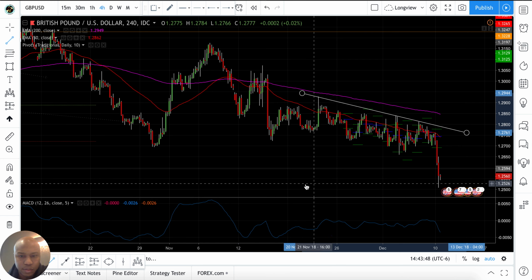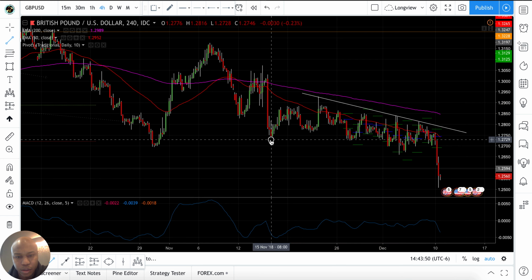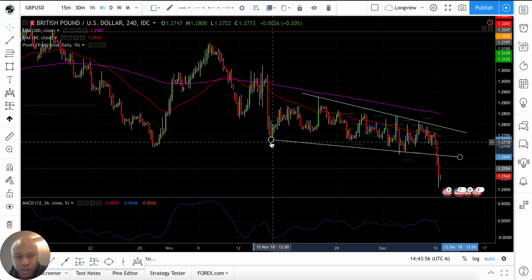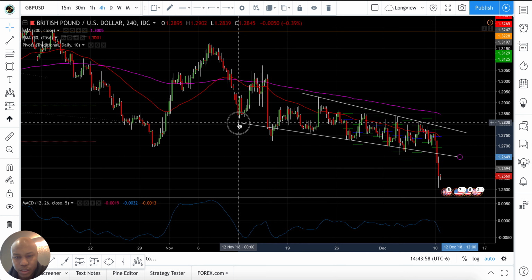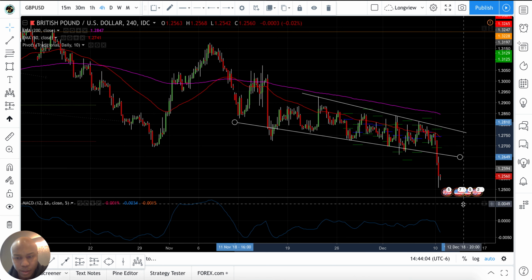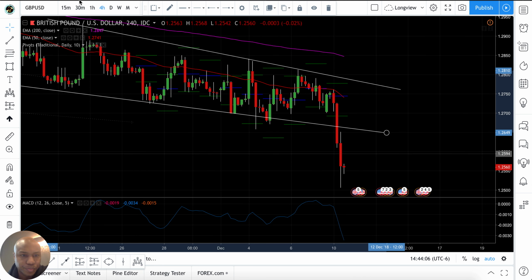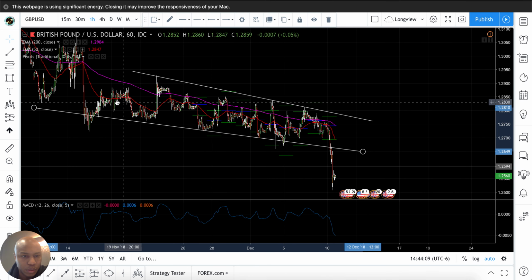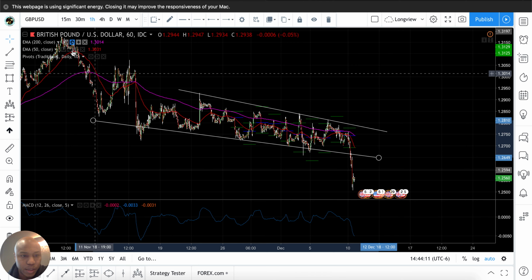And again, this isn't a really by-the-numbers type of channel. It's not meant to be that. As far as how I'm drawing it, I just want you to see how price has stayed and pinballed in between here, and then it just fell crazy. So if I go to 1 hour and look at that same movement,